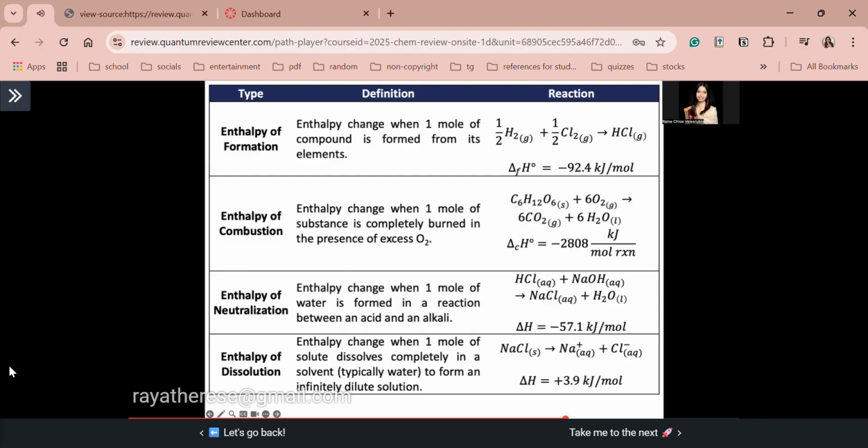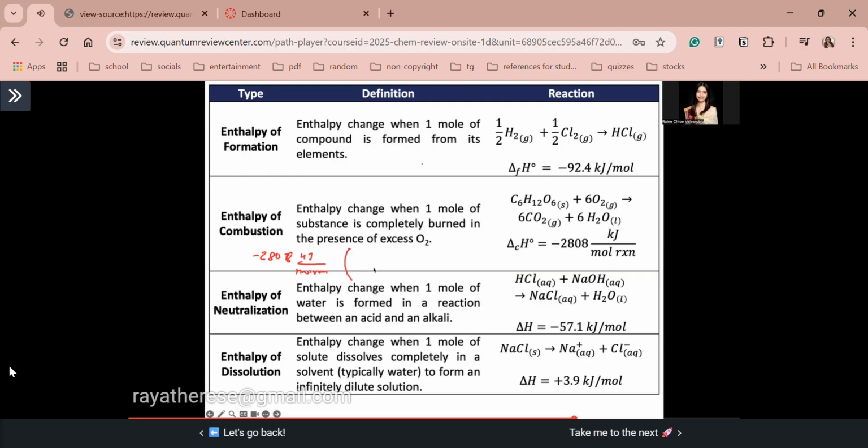So guys, how do we interpret the enthalpy of combustion? Okay? Diba sabi dito, yung enthalpy of combustion natin is negative 2808 kilojoules per mole reaction. Ang meaning nito guys, 2808 kilojoules of heat is released if 1 mole of solid glucose is burned completely. Okay? What if guys, gusto nyo makuha yung enthalpy of combustion per mole of glucose? Ang gagawin nyo lang, ito, negative 2808 kilojoules per mole reaction. Tapos,